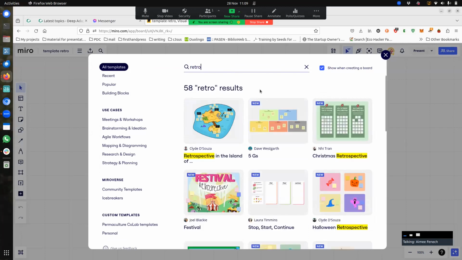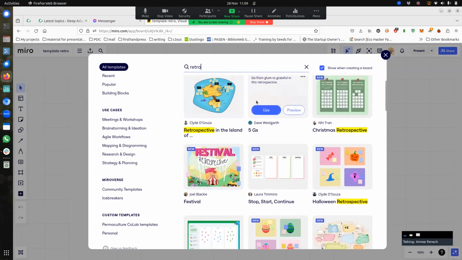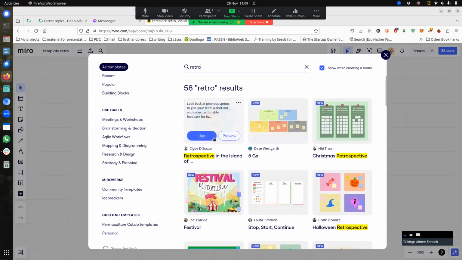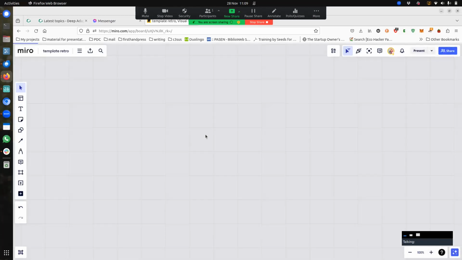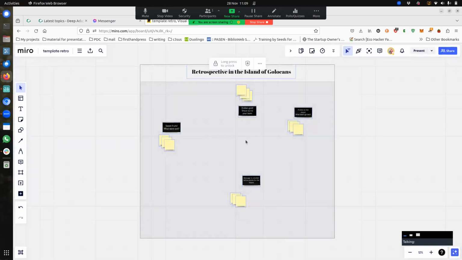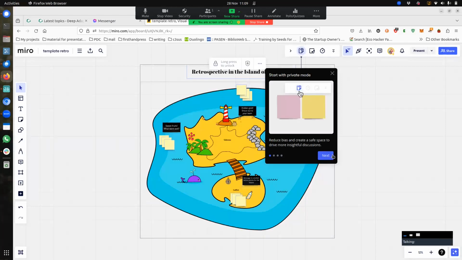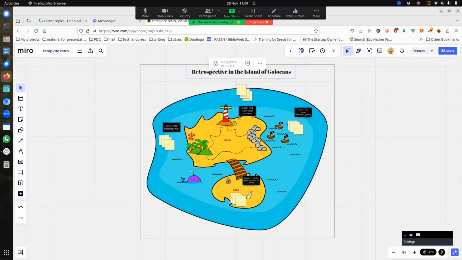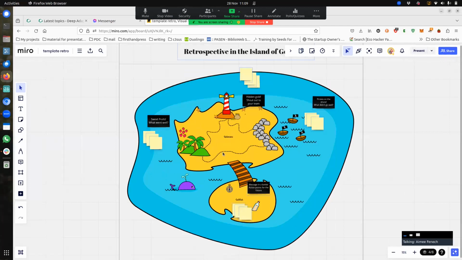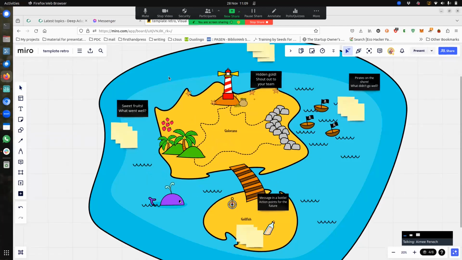So if I put here retrospective, I'm going to use some interesting ones. Let's try this one. So in this type of retrospective, I can zoom in here so I can show you. It covers what I would say the classic retrospective questions, but in a kind of fun way. So it asks what went well, what didn't go so well,